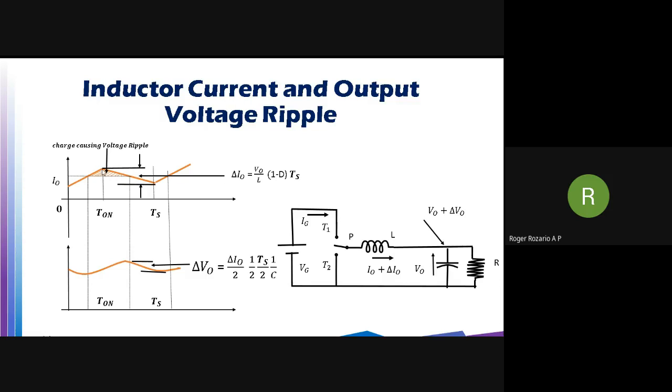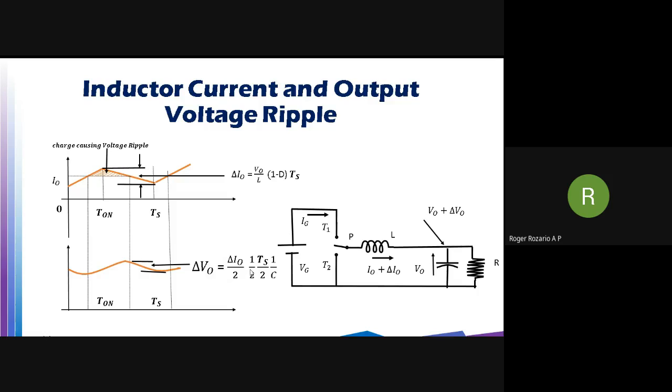And I am finding out the area of this region. What is the expression for voltage? It is 1 by c integral I dt. 1 by c integral I dt is the area of this triangle. So if I want to find the area of the triangle, it is half into base into height, right? So what is the height of this triangle? The height of this triangle is nothing but del I naught by 2.